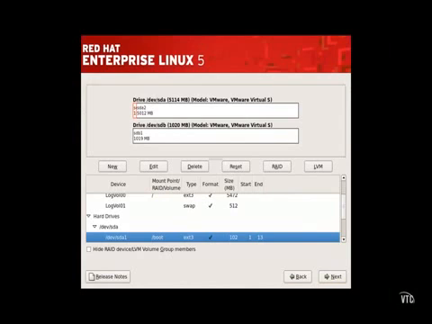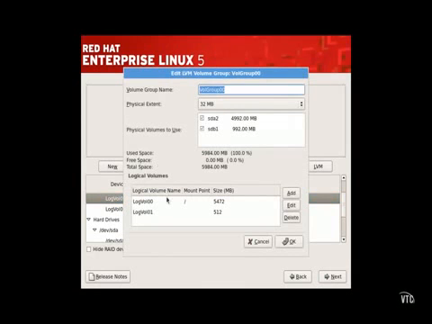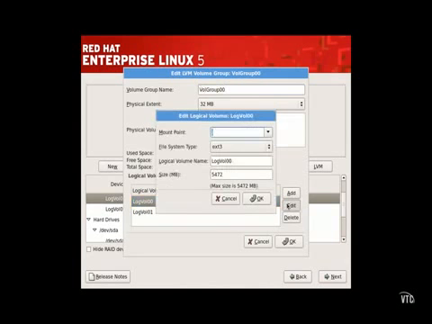Now let's try a scenario. Let's say you're told to set up a top-level root directory of 2 GB and a home directory in a logical volume of 1 GB. Right now we have more than enough space allocated to the top-level root directory, so let's edit that. When you click Edit and highlight the appropriate logical volume, you're taken to the governing volume group. Let's edit the logical volume and make sure it has just 2 GB of space, which is also 2000 megabytes